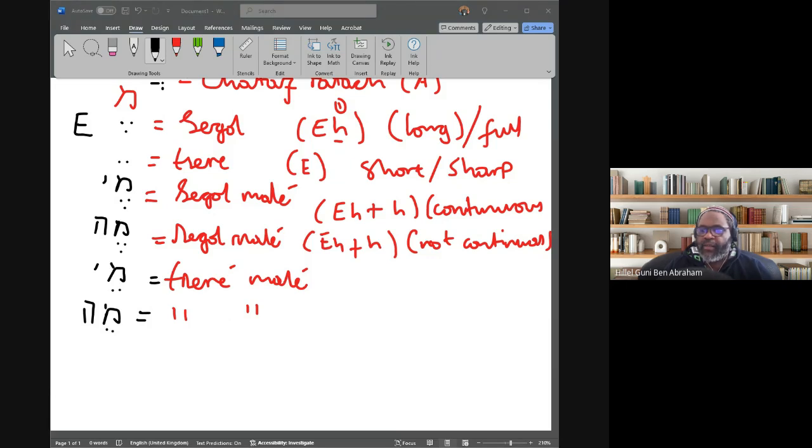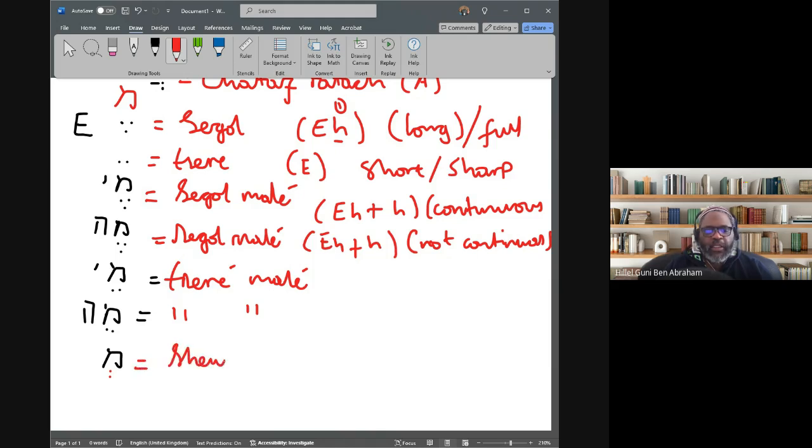And then we have a shva. The shva also falls under the me sound, but it's a little bit different. So let me create some more space here and write the letter mem first, because this one you have to really see. I'm going to make it in red like this. All right, this is called